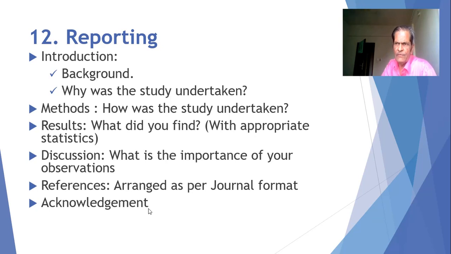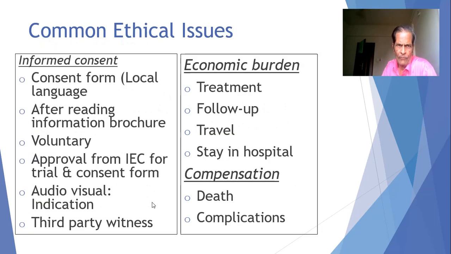If there are certain other studies which have been conducted, you must refer to them also. And if they agree with you, that must be mentioned. If your observations don't agree with them, you must mention the reasons why discordant results have been obtained by you. The references should be arranged as per the general format, and acknowledgement should be given. Here you can mention the registration number, the unique ID given for your trial by the trial registry.